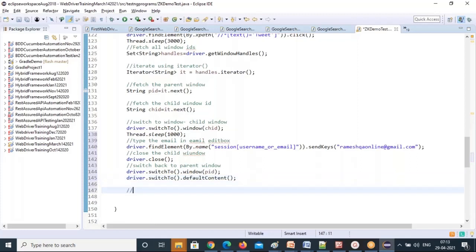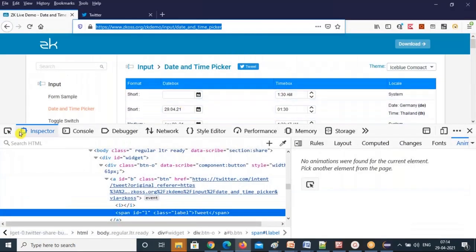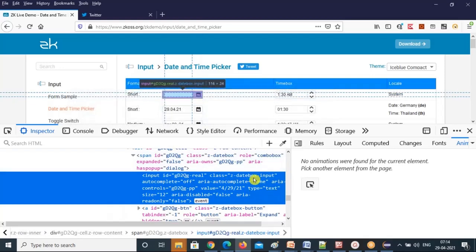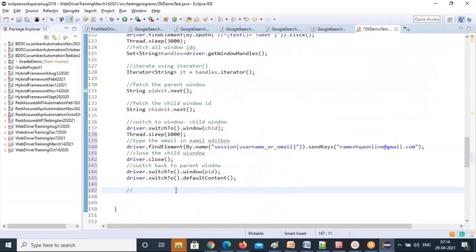How do you know this cursor came back to parent window? So you do some action on the parent window, then you will come to know. So that action I'm doing here on this element. So what I'm going to do, this class is there. Based on the class, I will identify that element first. So identify the date picker edit box.